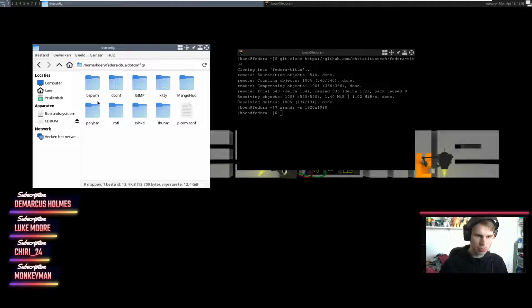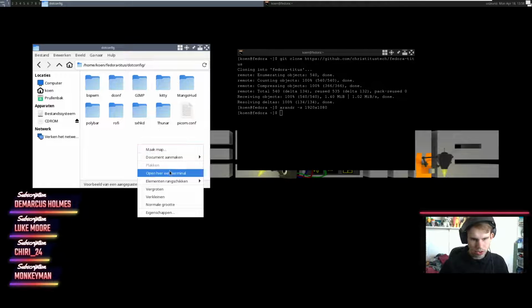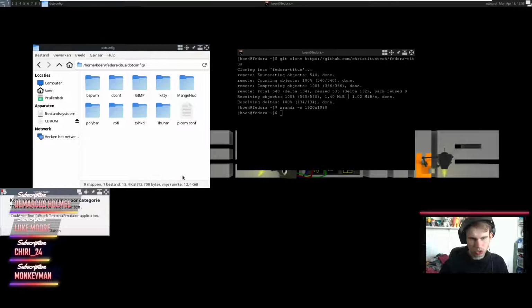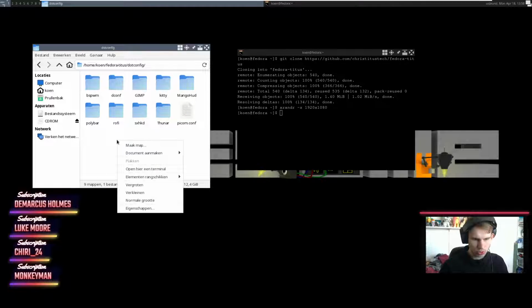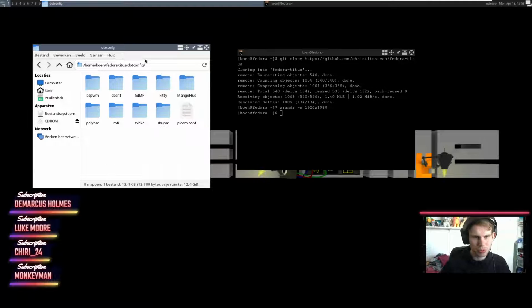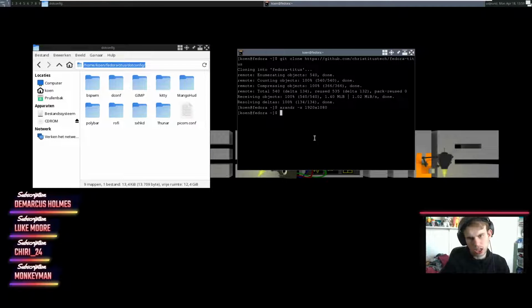And this is the big thing that we want to have inside of here. So we're going to open this in a terminal. Could not find fallback terminal emulator application. Oh, that's wonderful. That does not work. I should probably just take all of this then and CD into there through my terminal.